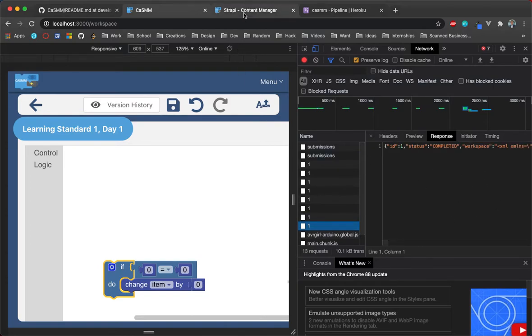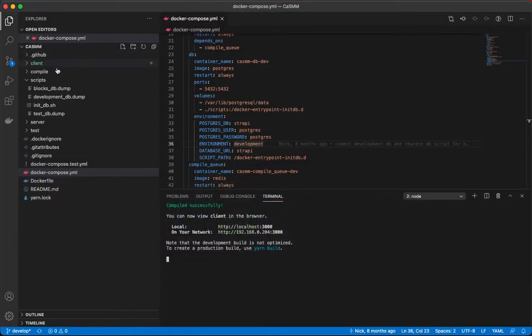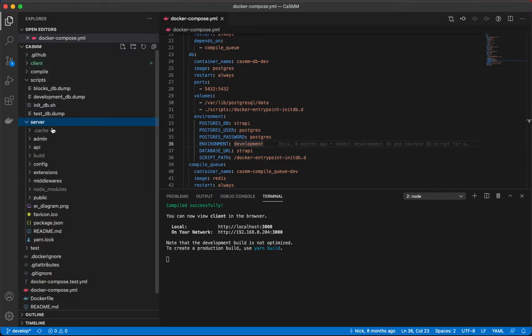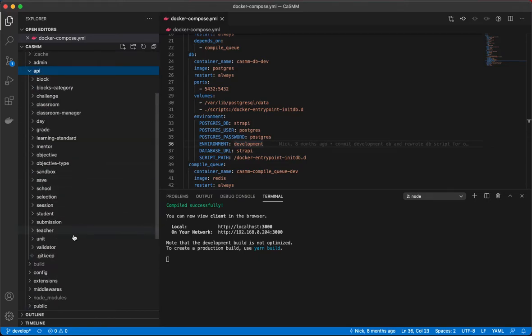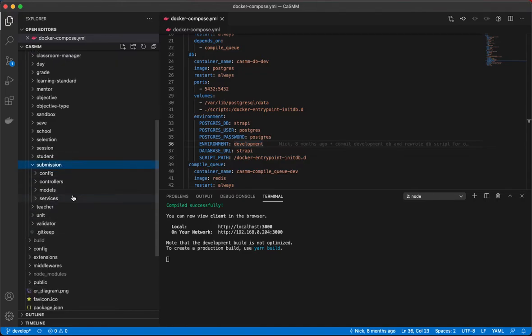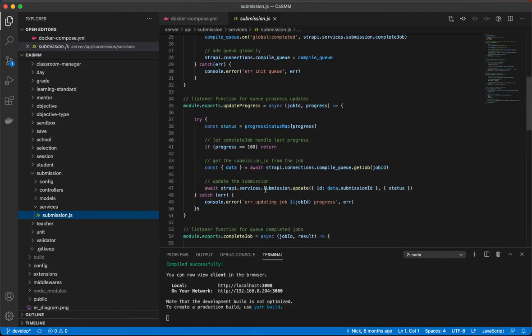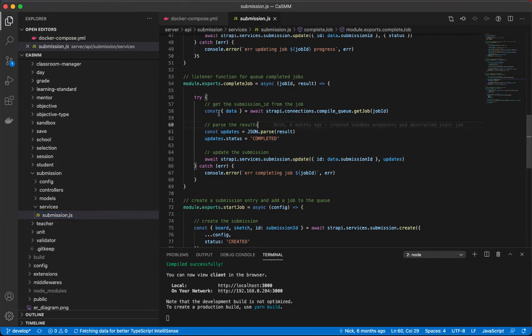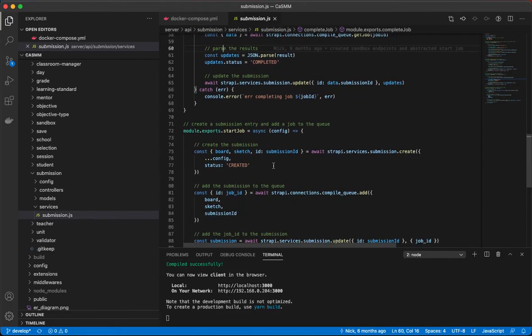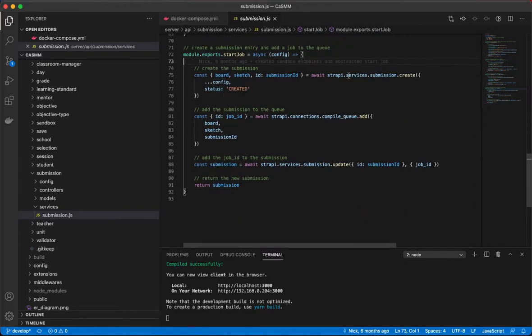What happens behind the scenes is Strapi will put that into a queue. If we go to the API, then submissions, then services, submissions, you'll see the compile job code get run. It does compile, get job, and start job, so it takes the submission and puts it into a Redis queue. On the other end of that, we have the